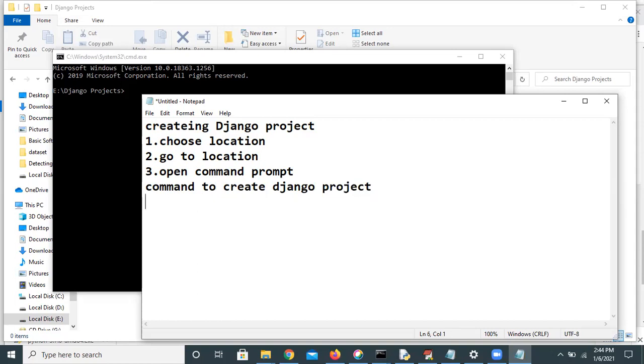What is the command? django-admin startproject project name. This is the command to create a Django project. Here we will create one; how to create it, we will see.